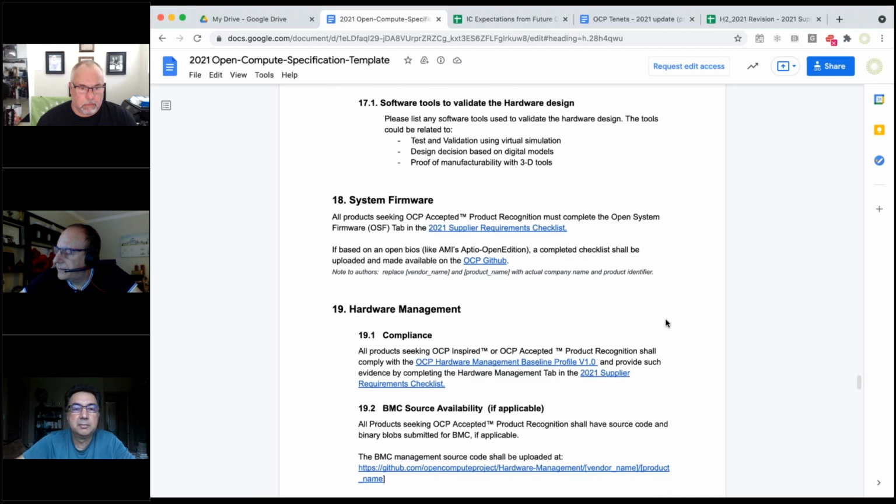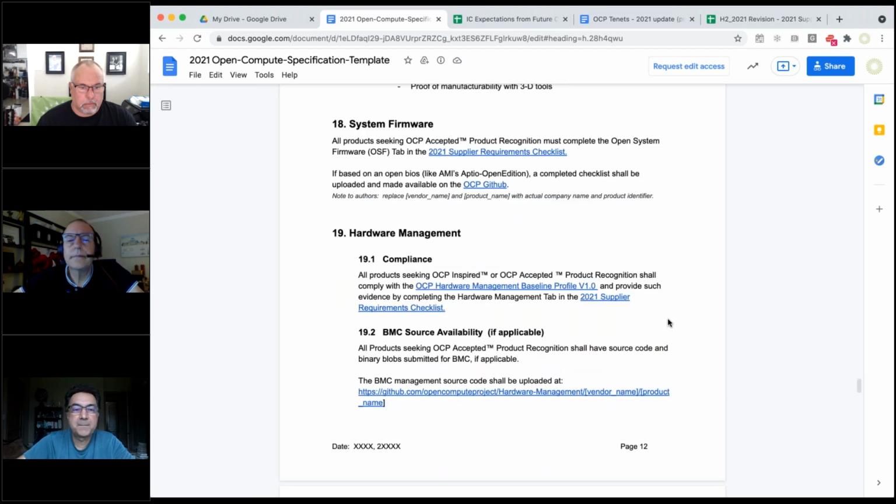Mm-hmm. I guess that would work. I guess the template at that point would have to be changed every time a new requirement was set in place. When something moved from desired to required, then the whole template would need to be up-rev to indicate that, right? That would be. That's very good.